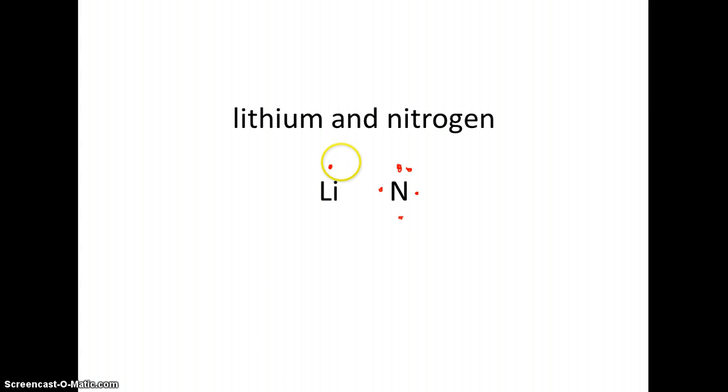This lithium electron, we'll put a little circle around it, very likely is going to lose its electron and give it to nitrogen. Now that means that lithium has a +1 charge, and nitrogen, having just gained one more electron, has a -1